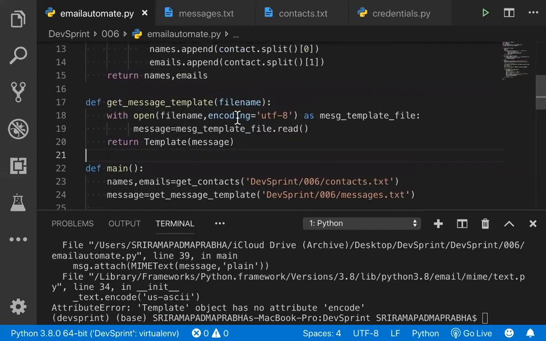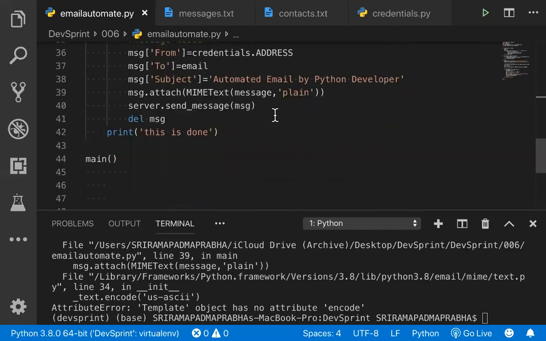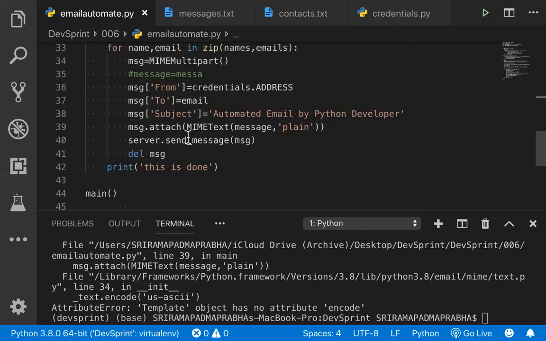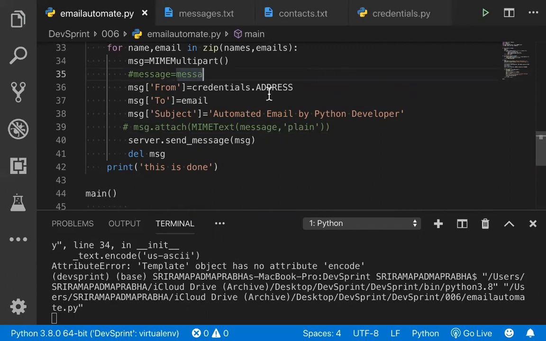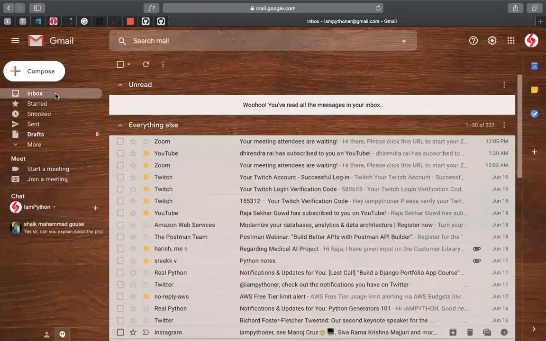We have that file name encoding UTF-8, and we'll go to now automated email, and we are attaching the file here, right? So basically we are getting the issue at line number 9. So for example, I'll put this comment and we'll send this one. We'll see that if it goes fine. Okay, this is working for now, but still we are not sending the message. I'm going to check this.